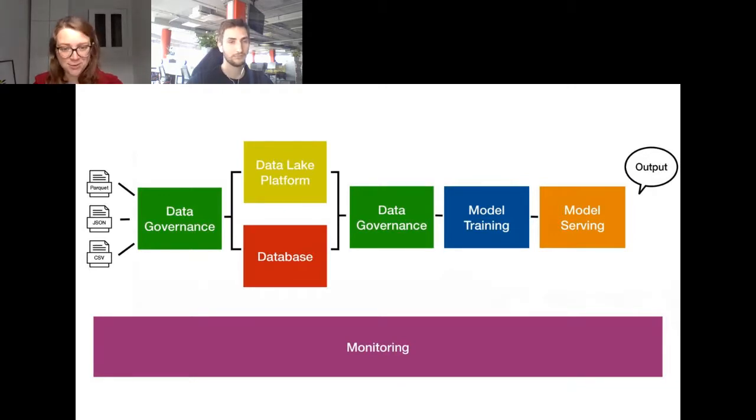That's 1, 2, 3, 4, 5, 6 different components to your architecture. That's not so little, but that is considered the most minimal to start running in production.